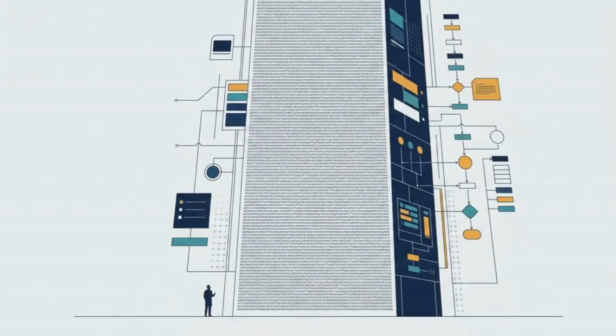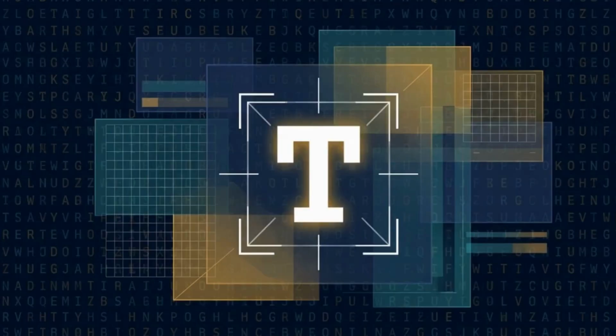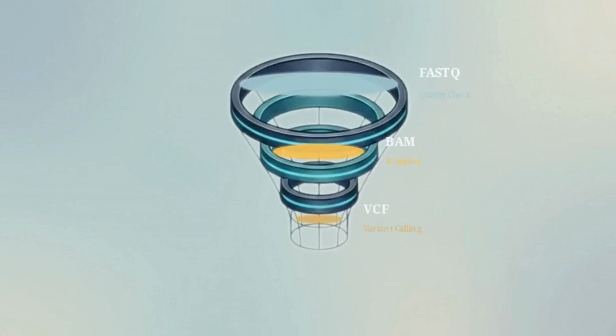The scale is staggering. To find a single genetic mutation responsible for a rare disease, a researcher has to sift through 3 billion normal letters without losing their place. Here is a multi-tiered funnel designed to relentlessly filter that raw sequencing data. It takes the chaos at the top, forces it through strict computational checkpoints, and squeezes out a single actionable data